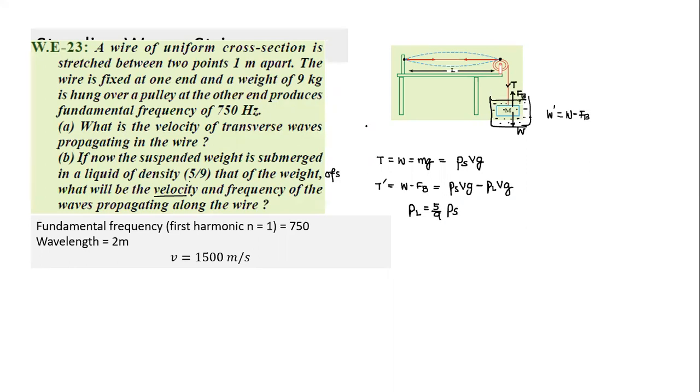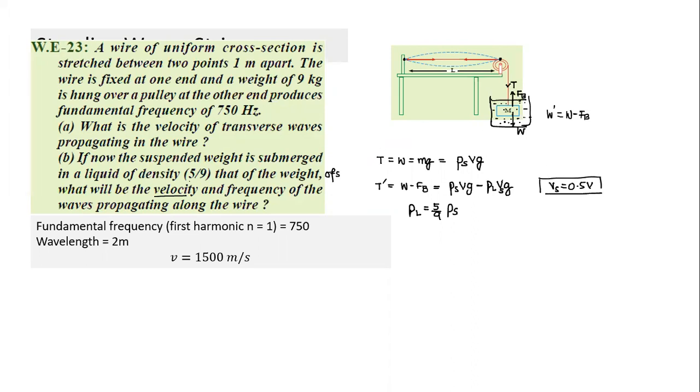So we understand here, even before we start solving, what we need to understand. Whenever we submerge any object, we can submerge it fully or partially. This is actually the volume submerged. If it is fully submerged, these both are equal. If it is 50% submerged, I would have written Vs equal to 0.5 V, depending on the fraction of submergence. Okay, so now it is easy to write.